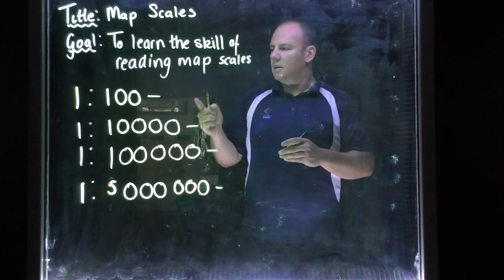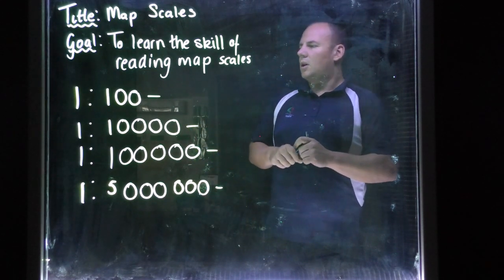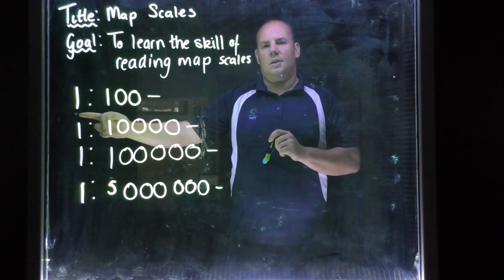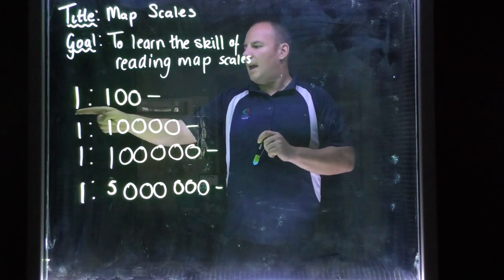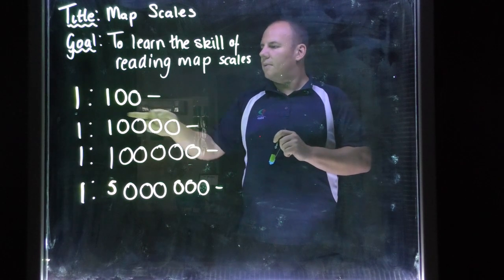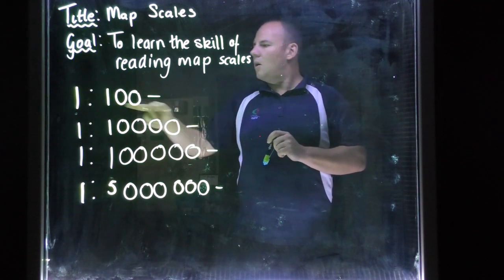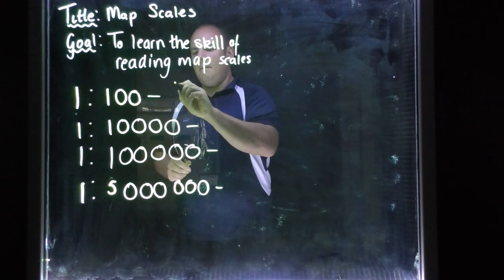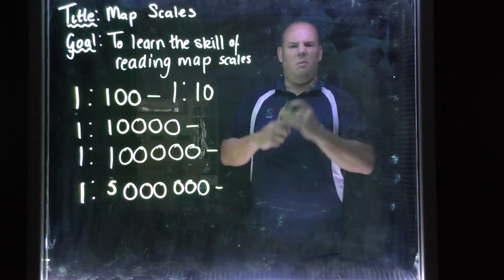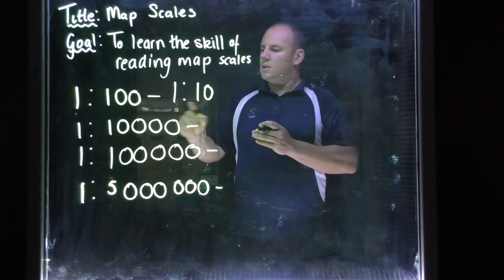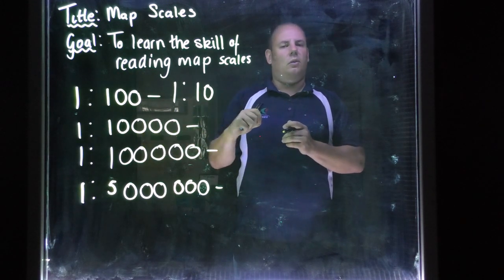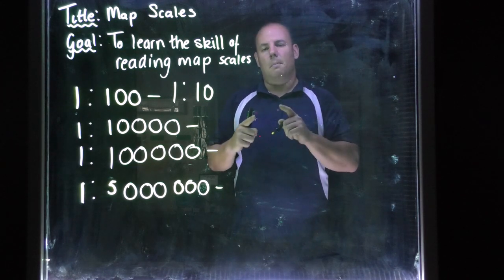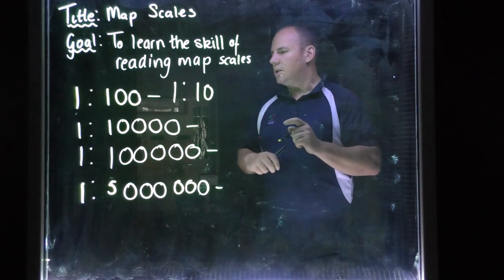What we've got here is some ratios. So when we're looking at a map with this type of scale, that 1 stands for centimetres. So every 1 centimetre on the map, in real life, is 100. Okay? 1 to 100. Okay? So that would be 1 to 10 metres if we were trying to work out gradient. So to turn our units into the same, from centimetres to metres, we always divide the number by 100. Okay? So this is a